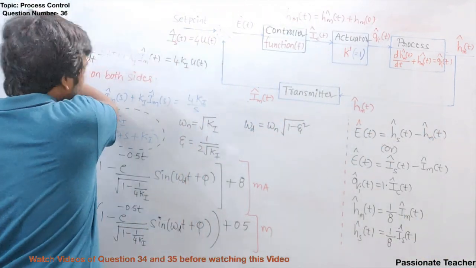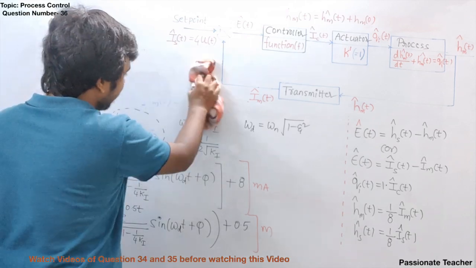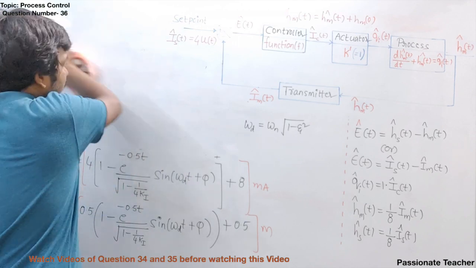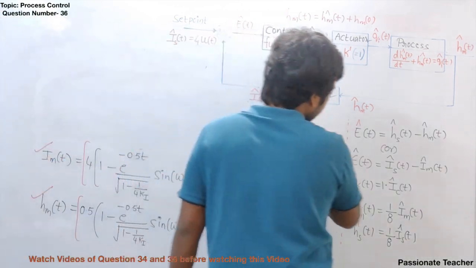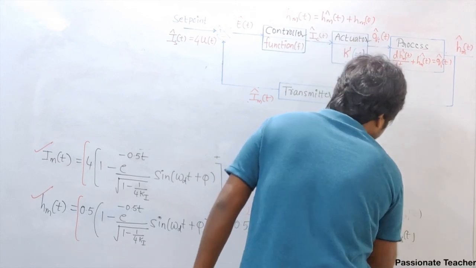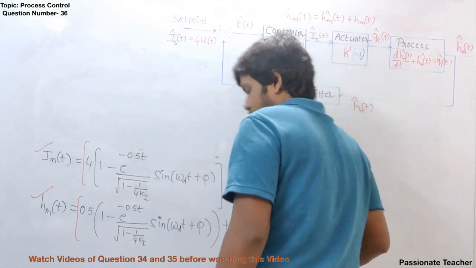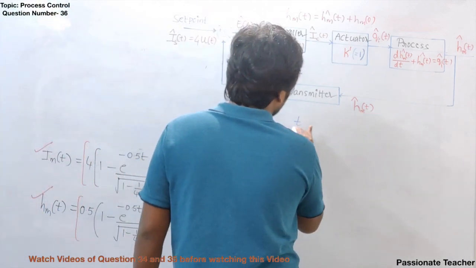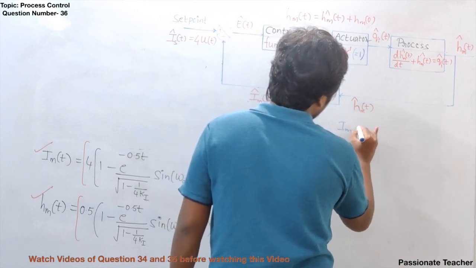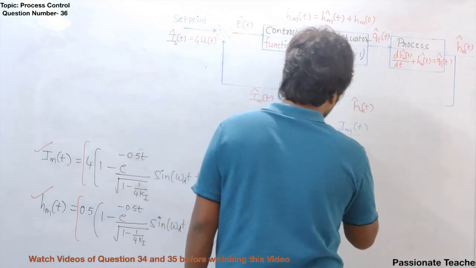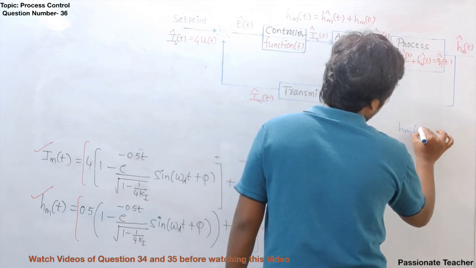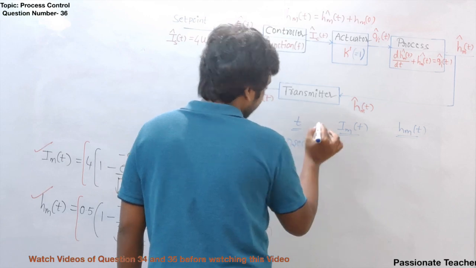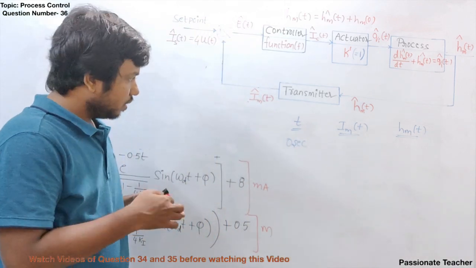So as we got up to here, we should understand two things here. Zeta depends on Ki and omega n also depends on Ki. Now let us look at what happens with respect to time. If you look at with respect to time, here t and Im of t and then Hm of t. So if you substitute 0 seconds here, that means at starting, let's see what happens.